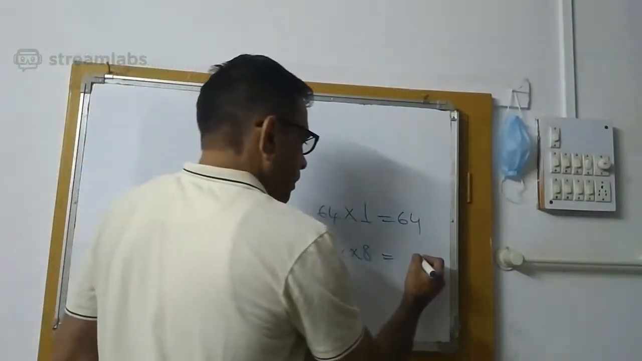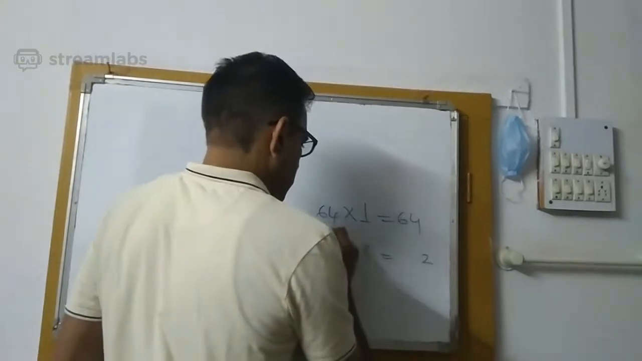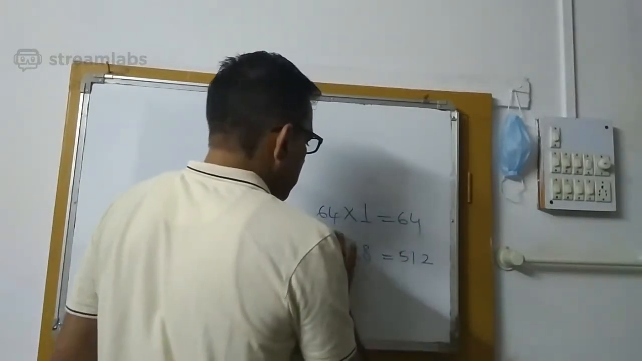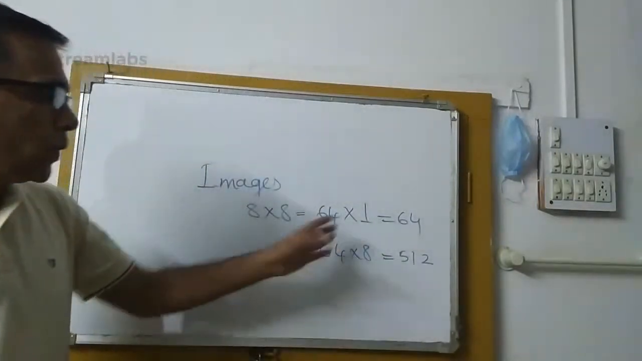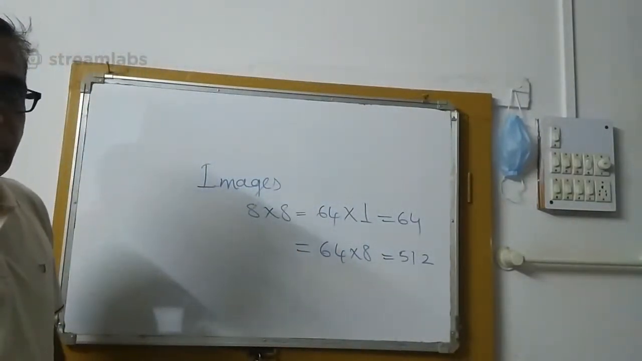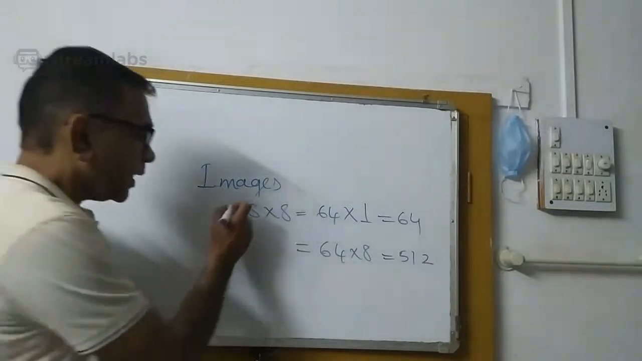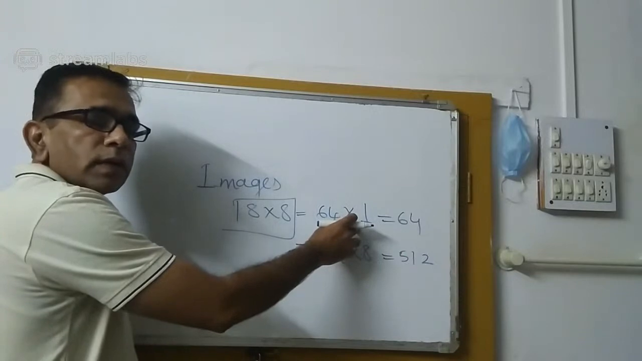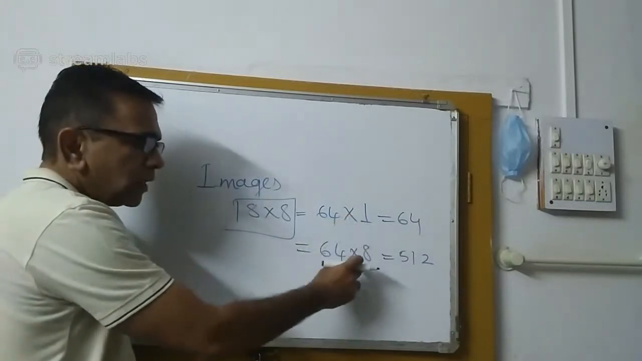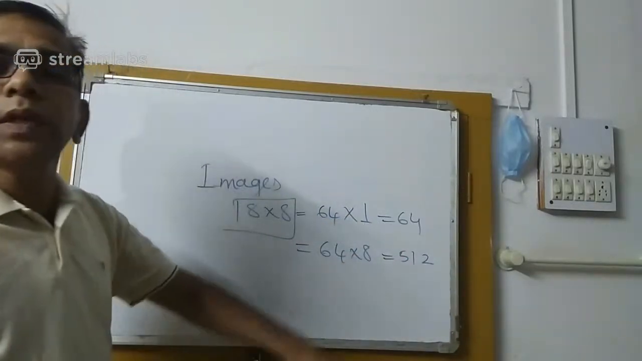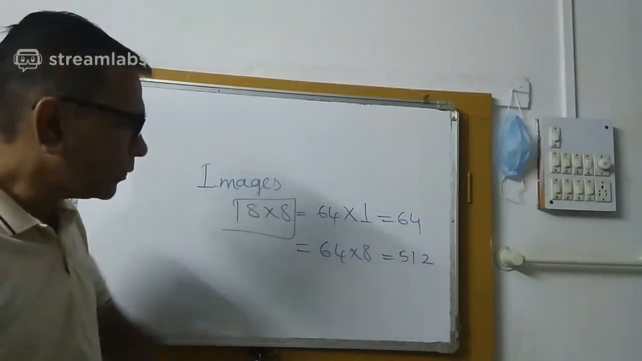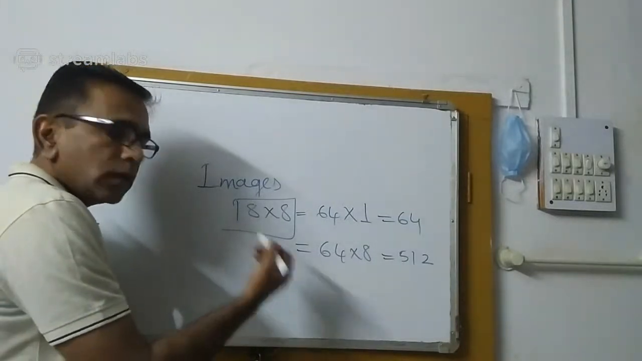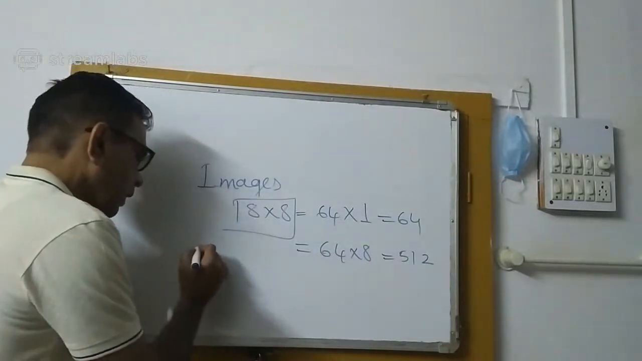8 times 64, so 512 bits we need to represent a grayscale image of the same size. The size of the image remains the same, but depending on whether it is color, black and white or grayscale, the number of bits needed will change. Similarly, when we talk about a color image,